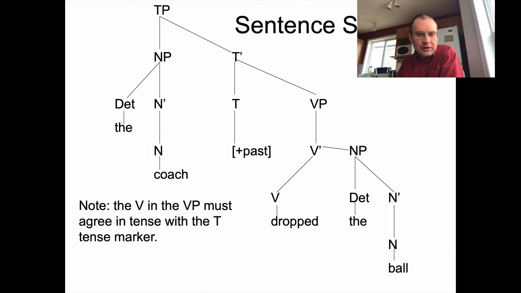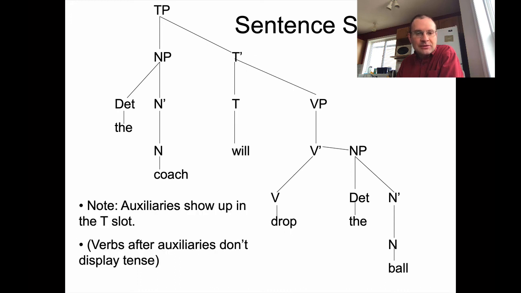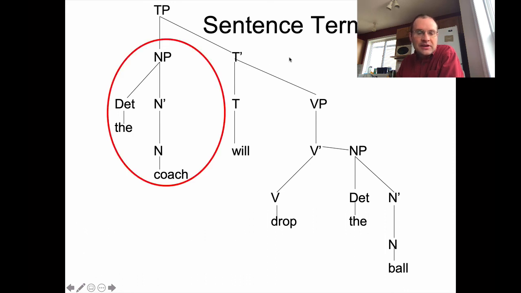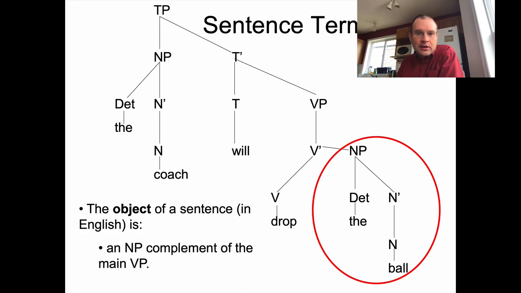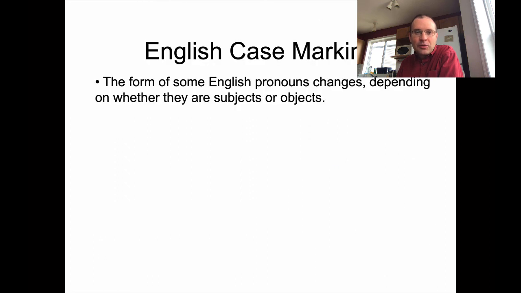Okay, so just to walk through again, this is what it looks like for the coach dropped the ball. Those two tenses have to agree. And this is what it looks like when we have an explicit auxiliary showing up in that tense slot for the TP phrase. And then this is our subject, and this is our object. Okay, so hopefully the basics of that make sense. I'll just say a few more things about